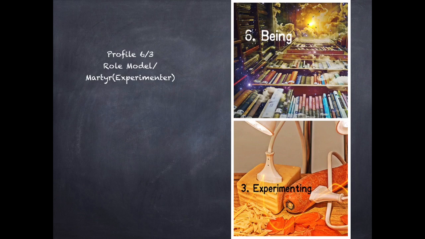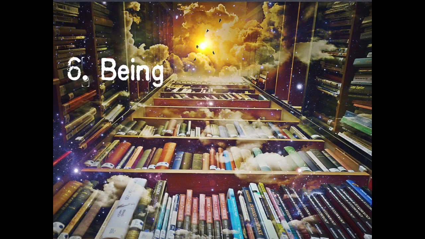The 6.3 profile is made up of the role model and the martyr, also called the experimenter. When somebody carries a 6 in their profile, they have a 3-phase life. From birth to 30 would be considered their experimental stage. Then it's followed by what's called going on the roof, where they integrate all they've learned in their experimental stage. And after the age of 50 or 51, when they've had their Chiron return, they will fully embody the expression of the role model. And when it's combined with the line 3,